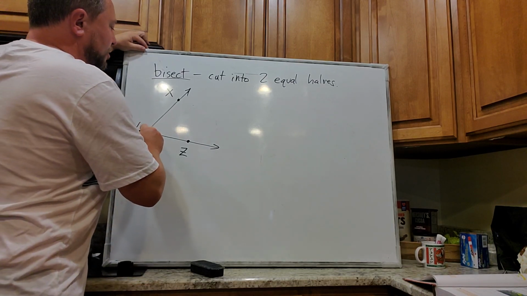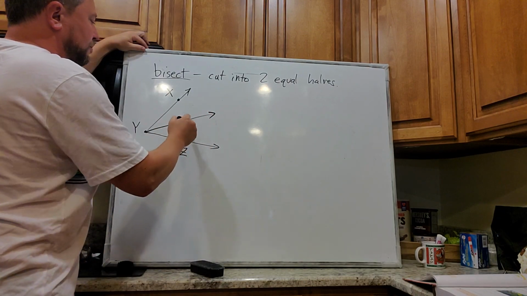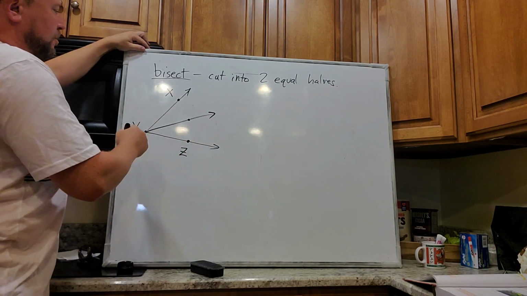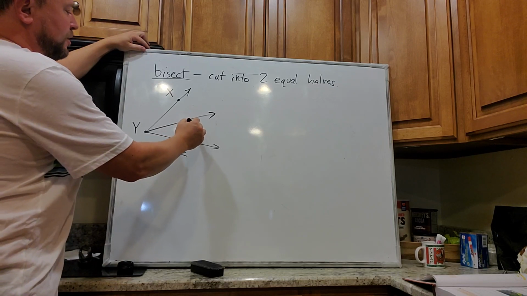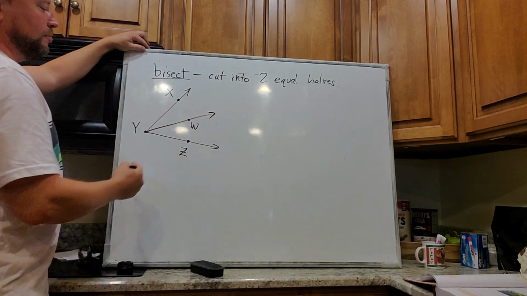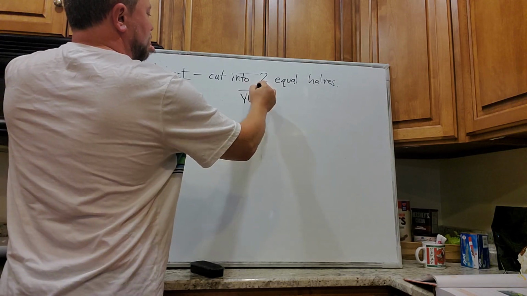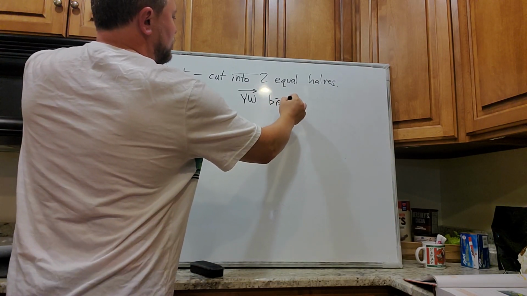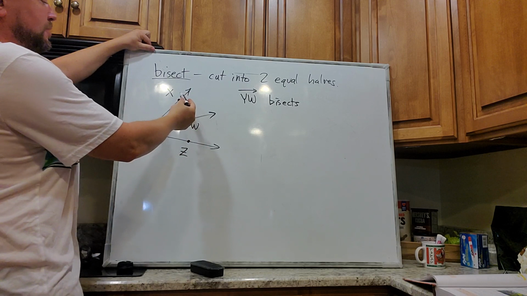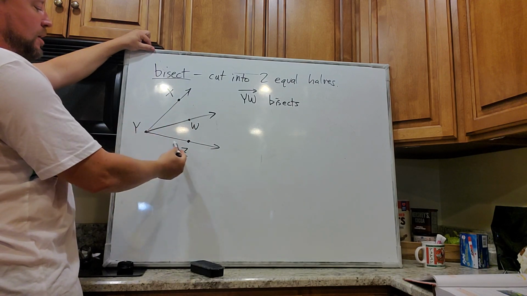I'm going to take another ray and run it through like that, and we'll call that the ray YW. So if the ray YW bisects the overall angle XYZ,